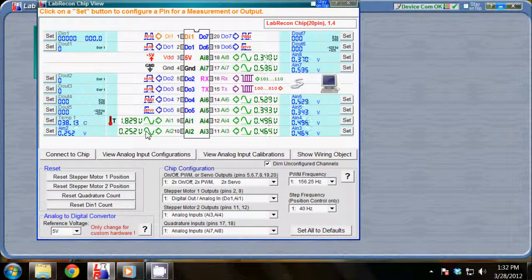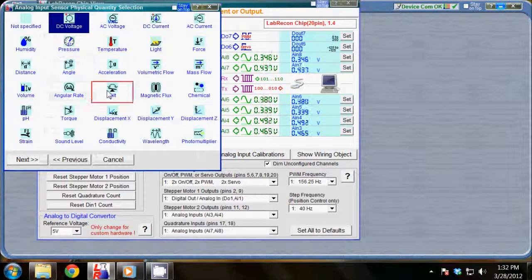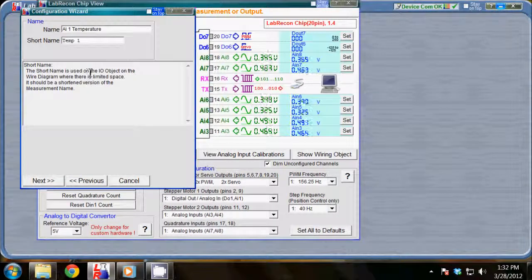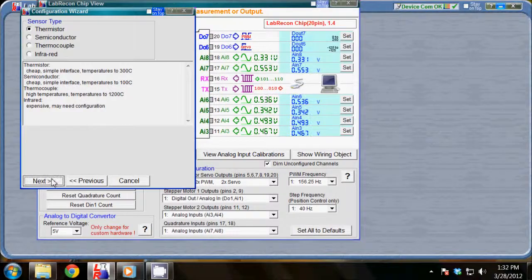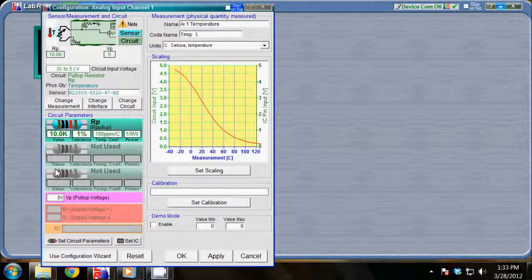the configuration page, which can be viewed by going to the LabRecon chip pins, and going to your analog input 1, which is our thermistor, and going to the wizard. It's a temperature sensor, and here you can name it whatever you want, but we'll keep it as is, and you know it's a thermistor. And here is our database, which currently has over 500 sensors in it, not just of thermistors, but of any kind of sensor you want. So here we know that we're using an RL-GE sensing thermistor, so we'll click that one and finish, and this